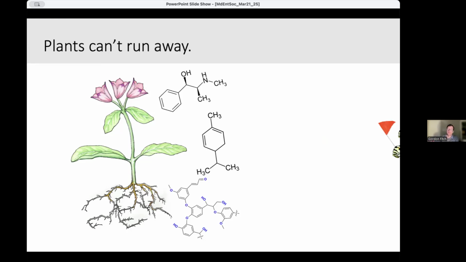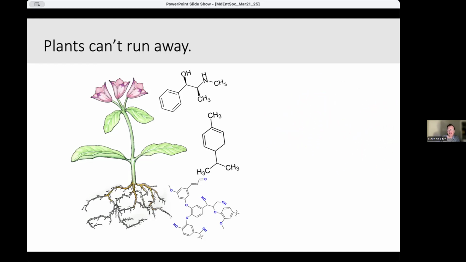Plants are wizards at producing all sorts of chemical compounds, many of which are not helping the plant grow any better in the absence of predators, but really are defending themselves from predators. And those range from structural compounds that make a plant tough and fibrous, to more medicinal compounds that are actually toxic at high doses. But we humans are not insects, and so we're not quite as affected by them as the intended recipient.